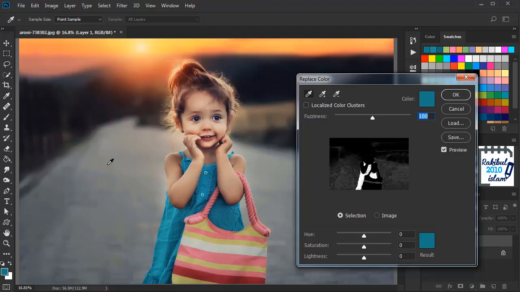Sometimes you may need to deselect some other part of the background, holding the Alt from the keyboard. When the eyedropper turns to the negative symbol, then you can click there and deselect that part from the selected area. Even sometimes you may get some complex image where the targeted color is very similar with some other surrounding parts. In that case, you may need to make a basic selection around the targeted color to separate it from other objects or other parts. So after the selection, we can change the hue from here,